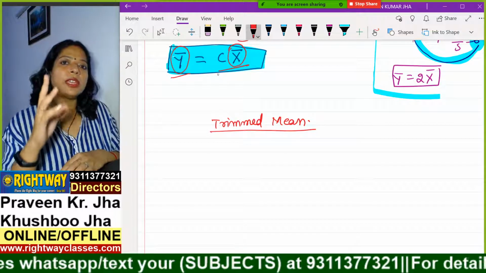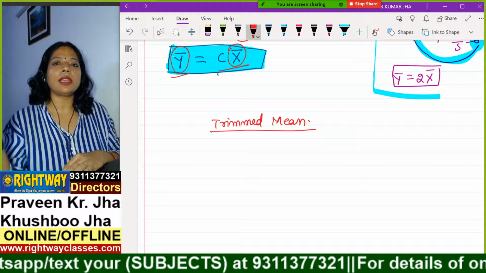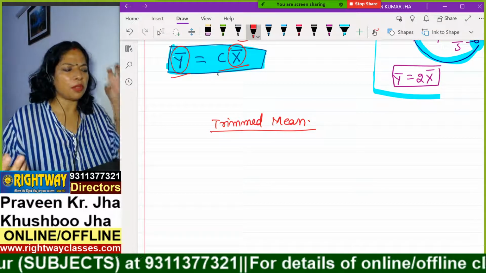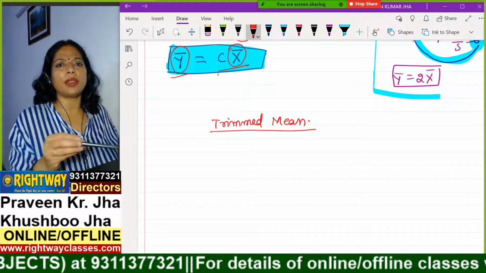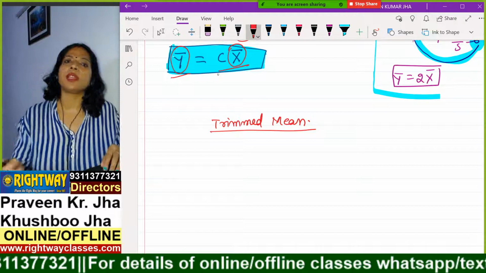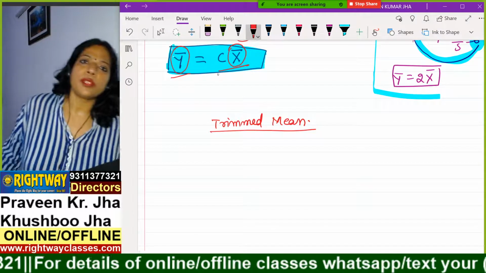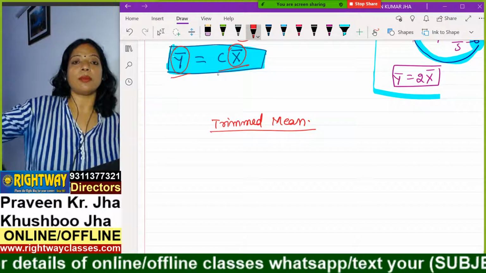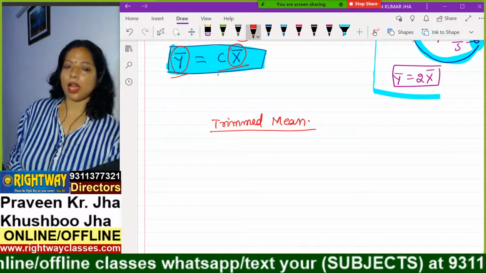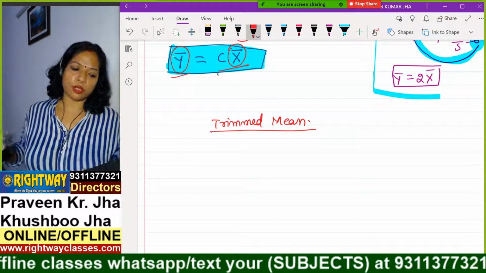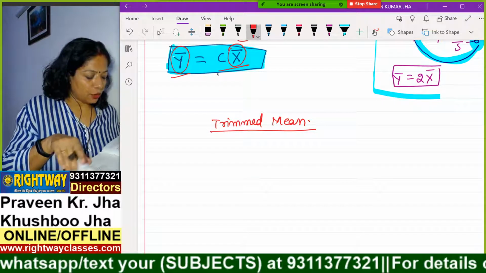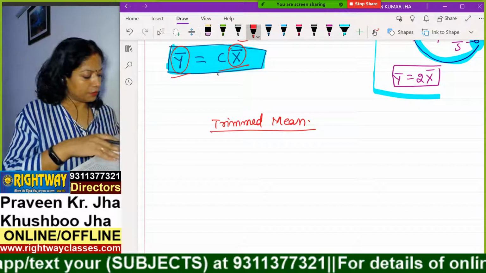The same way here, data is also provided. If certain data is outside our range, if something is larger than the expected value, or a very low, very small value, we can remove it from our observation, and then find the average. Those values which we don't need, the highest maximum and the lowest minimum, are called outliers. We are going to do an example from our book, DeVore. I am telling you which page number it's given. Trimmed mean.